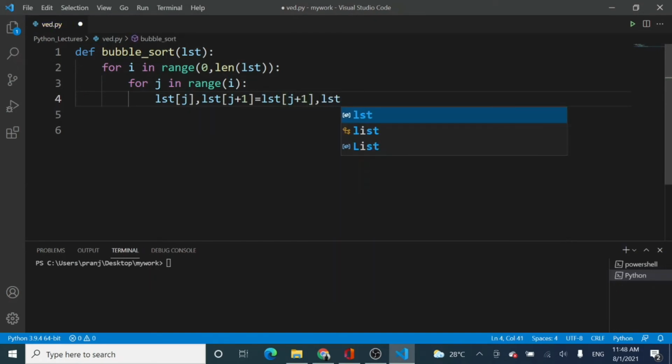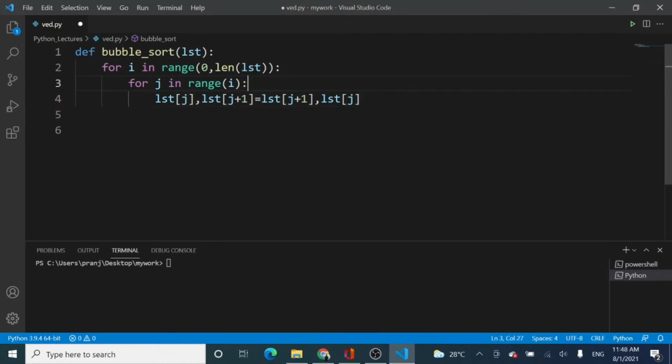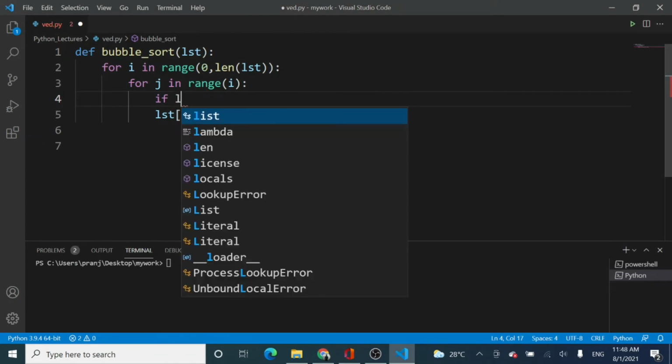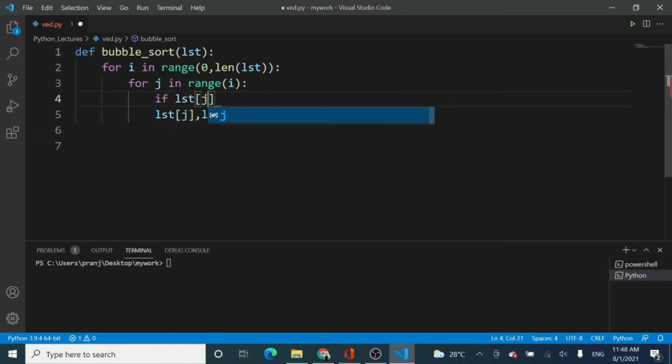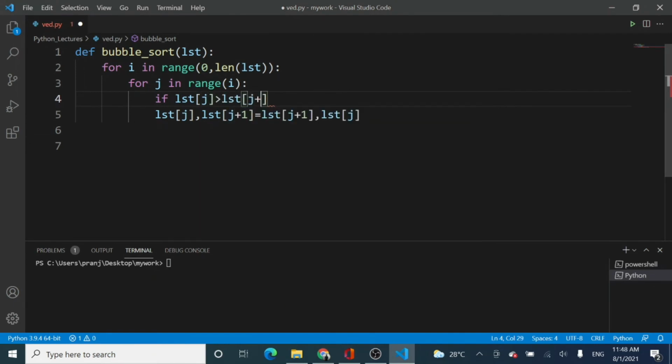And now the question is, when is this swapping to be done, right? When do I need to swap? There was a comparison: if the element present at the jth index is greater than the adjacent element, and over here I need to give a tab.